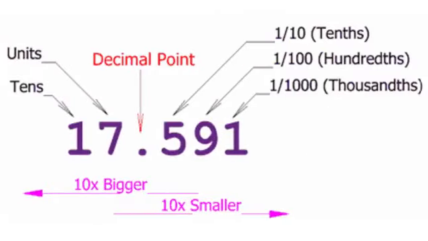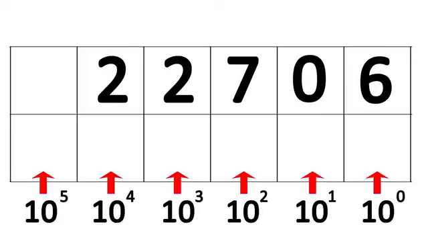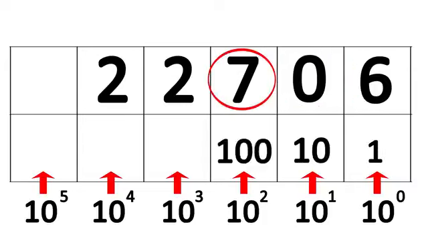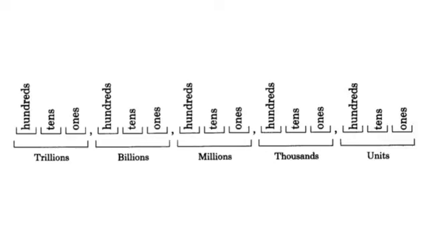This system is very efficient compared to tally marks because each digit we add exponentially increases the amount of things we can represent. Because in this system we add a new digit every 10 things, each digit represents an increasing power of 10. This is the number of ones we have, the number of tens, the number of hundreds, the number of thousands, and so on. Now this is probably something you already know, but it's very important to keep it in mind when we talk